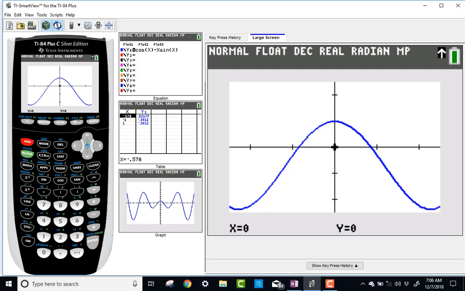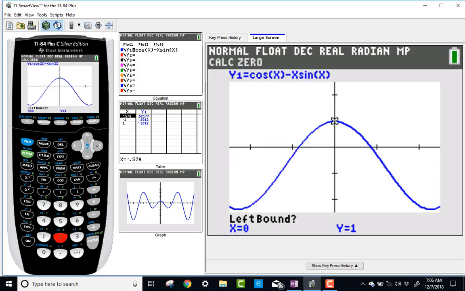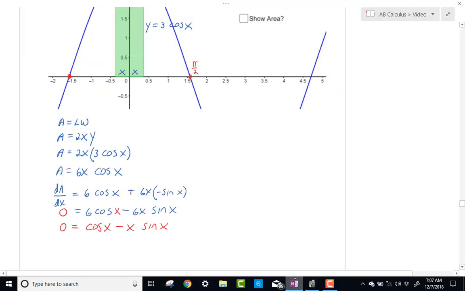And so we're going to go in and use the calculator. We'll hit second, calculate, and we want to calculate that zero on the right hand side there. So we're going to give this thing a left bound. Here we go. So we'll give it a left bound. We need a right bound. Okay, and then we'll hit enter again, and it turns out that x is 0.860,